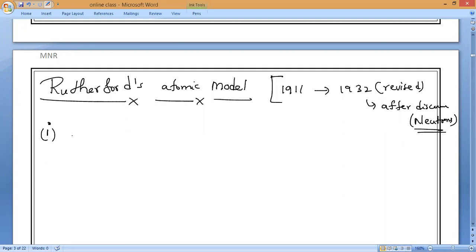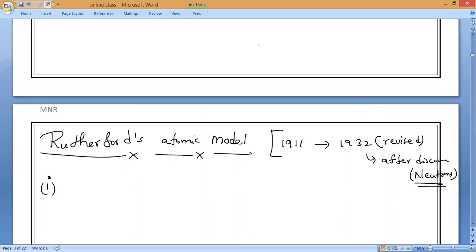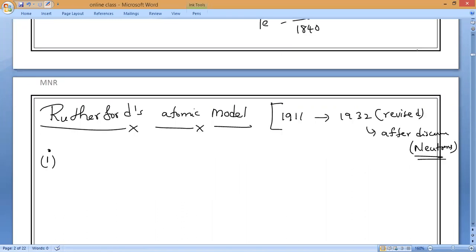As we know, the mass of an electron is how many times smaller? We studied that before, I taught you. The mass of an electron is 1/1840 times less than the mass of a proton. Yes or no, guys? Yes, sir. The mass of positive charge, or proton. So we can neglect the mass of electrons.